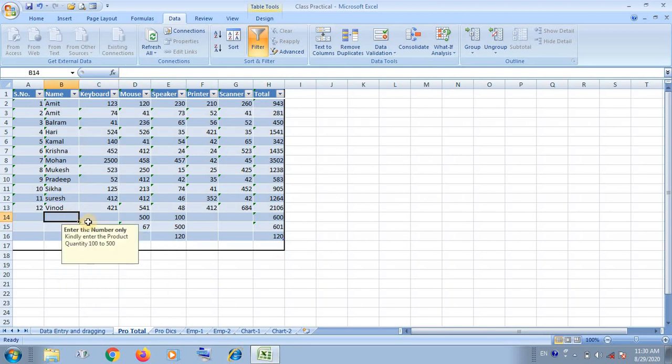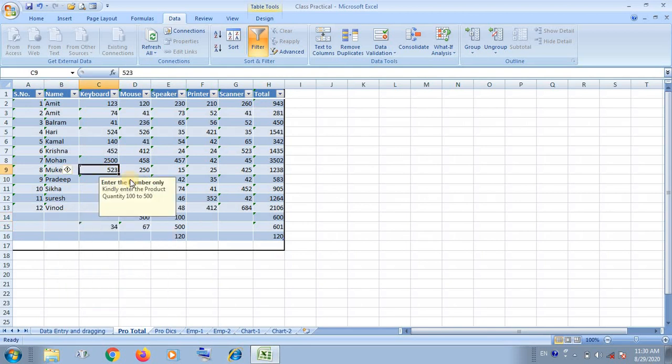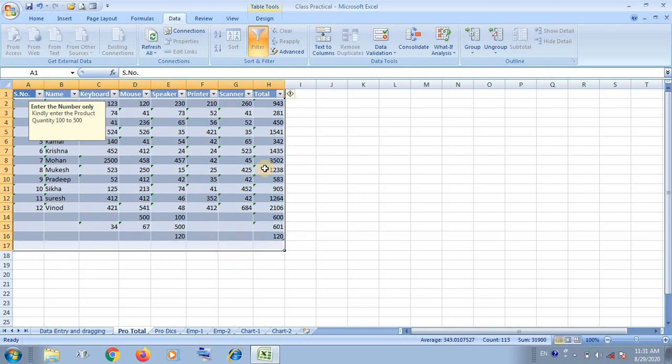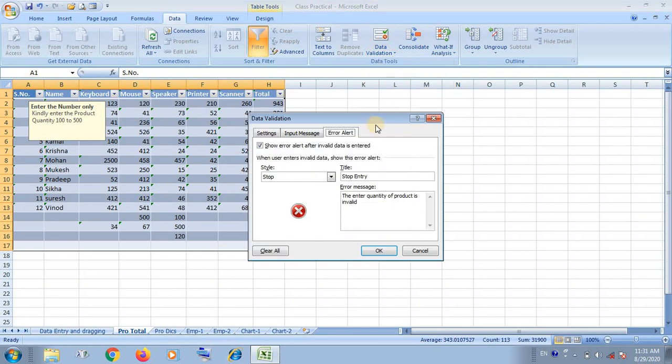Okay children, I hope you understand about the validation. And you can also change to any other type, just like I have taken whole number here.